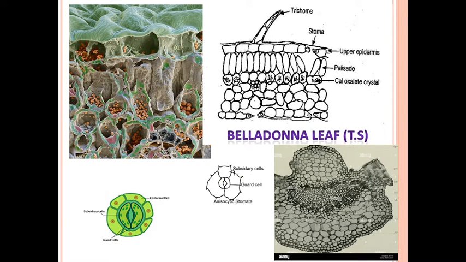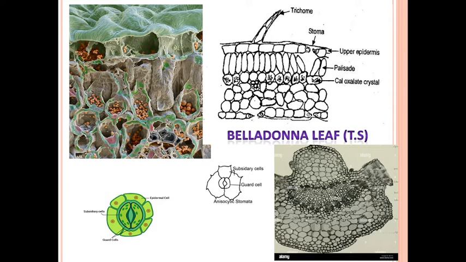When we take a transverse section of the leaf through the midrib, you will find this type of structure under the microscope, and that structure is a bifacial structure. The epidermal cells have wavy walls. These are the epidermal cells, and the walls of these epidermal cells are somewhat wavy in nature. So wavy-walled epidermal cells are found.